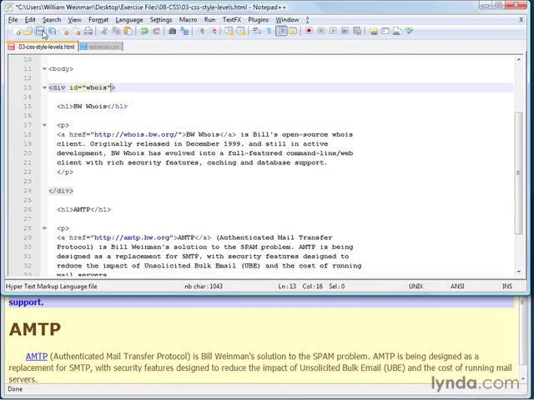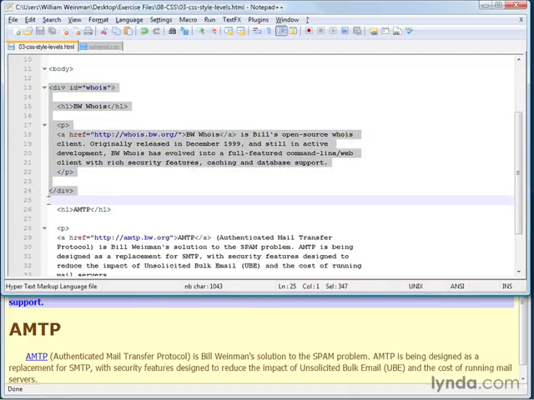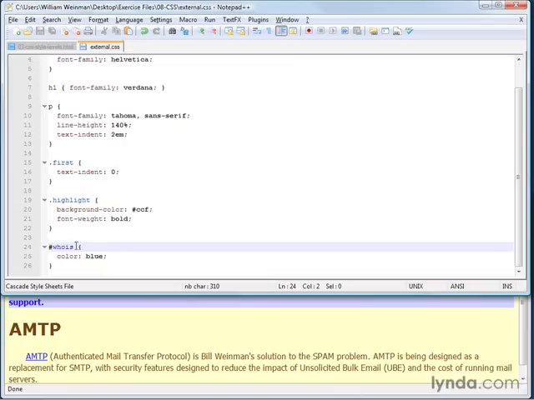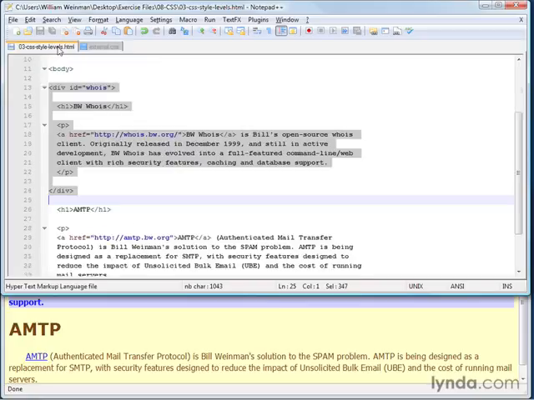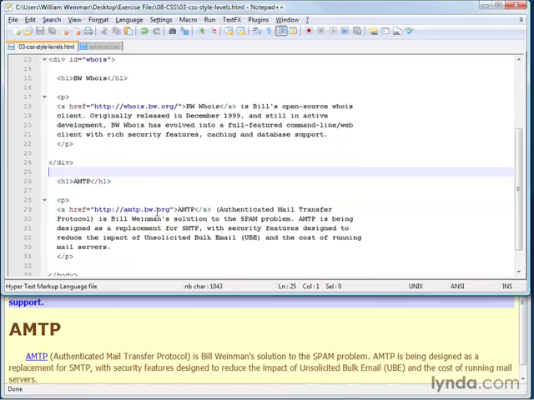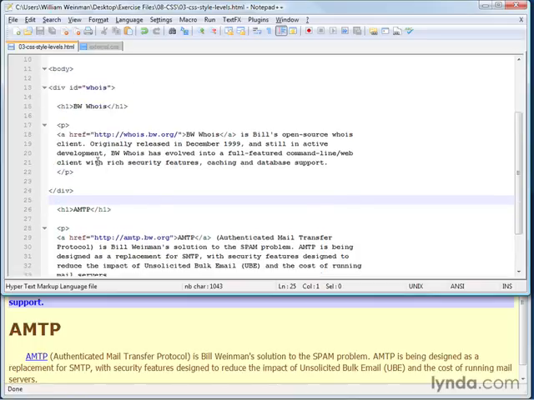And this is how this is typically used. I'll save this. So now this entire section here with the div is going to use this Whois selector, and that is an ID selector. Now the major difference between an ID selector and a class selector is that a class selector can be used over and over, whereas an ID selector can only be used once. So I'm really only allowed to use this in one place in a document. If I wanted another div around this other section here, I would have to name that something else. So this is used for marking up an entire section of a document.